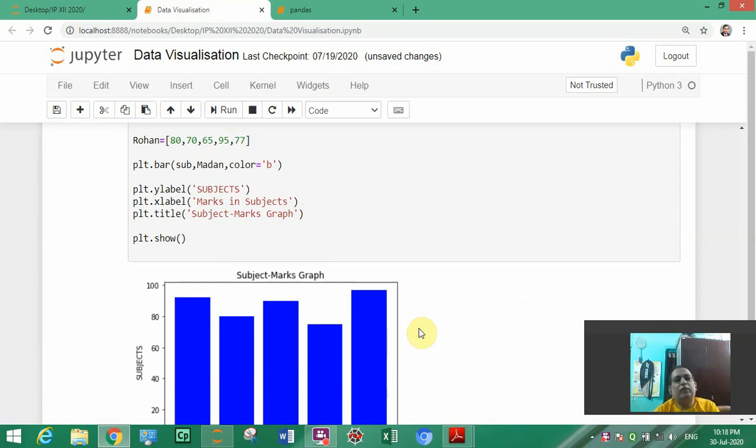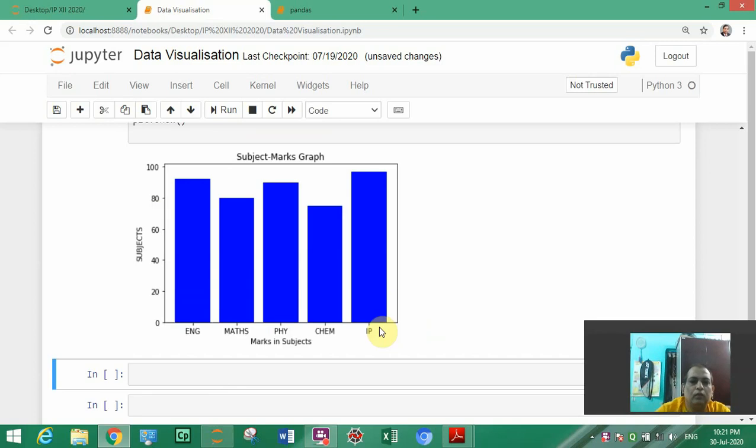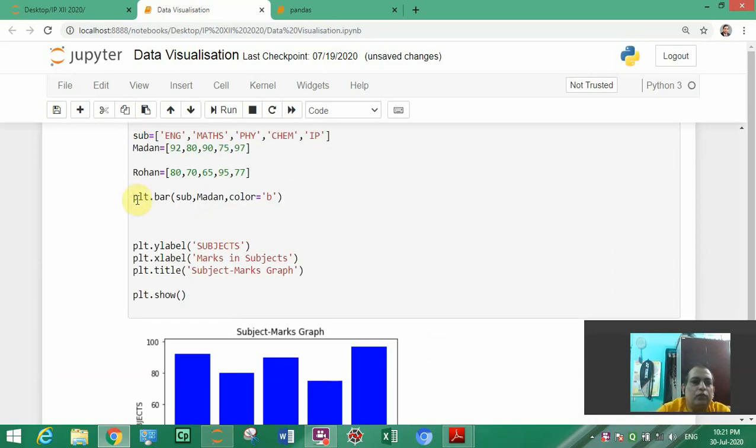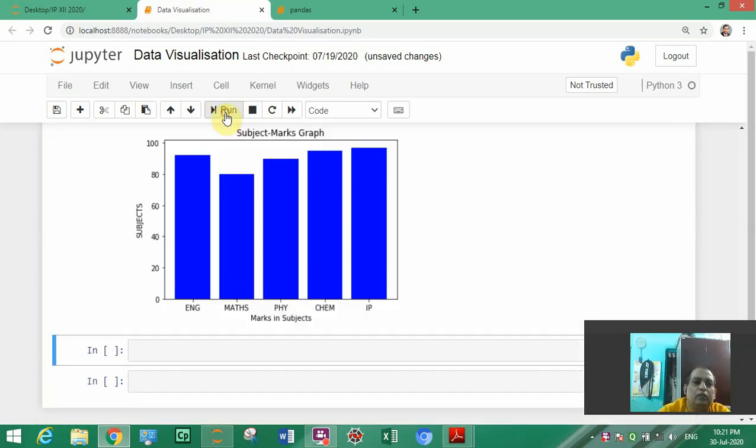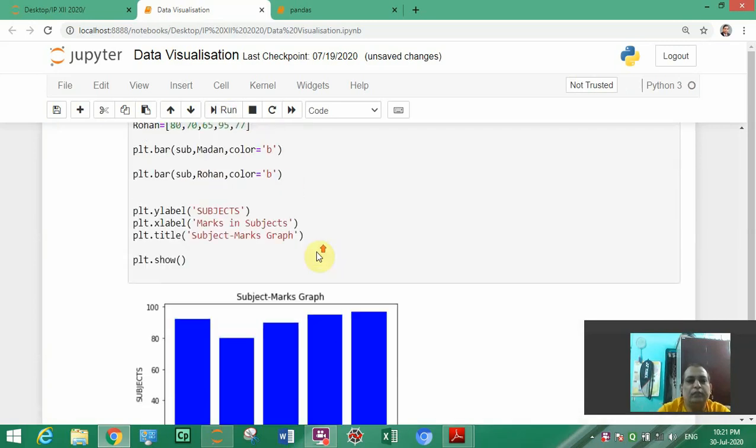Simultaneously we want to change the graph or compare the graph with marks of Rohan. Then what will we do? So suppose I copy this one and again we plot a second bar for Rohan. If we run, there is nothing visible.